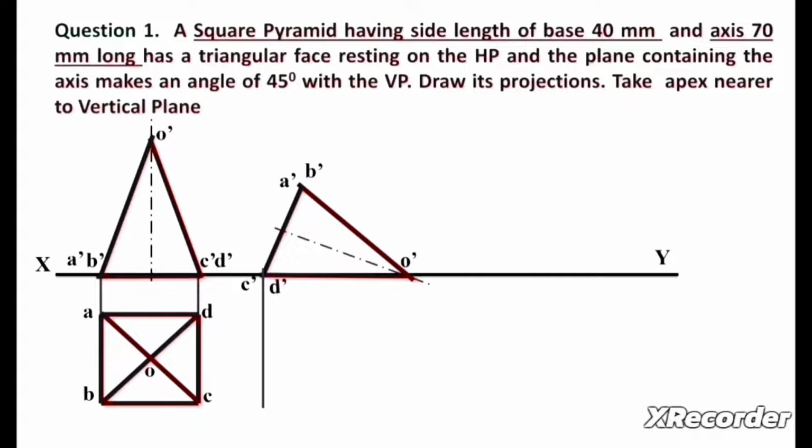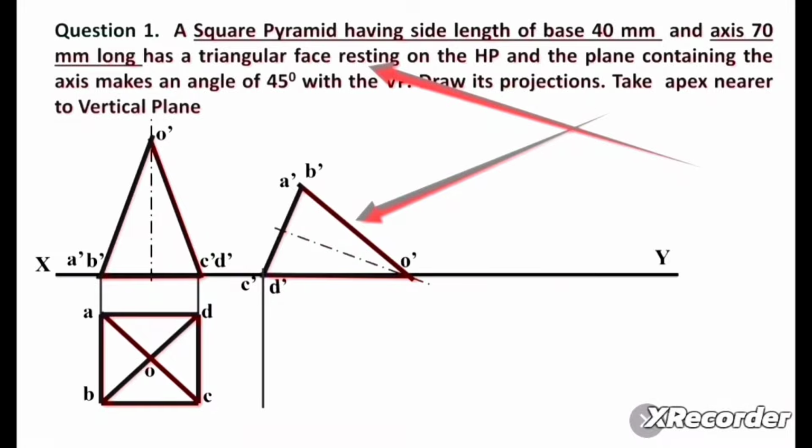Now we can consider radius equal to C dash A dash. Consider C dash as center point and draw one more arc here having any length. Now consider O dash as center with O dash A dash radius, and draw one more arc here. So we will get the intersecting point. That point is A dash, B dash point. In this way we can prepare this triangle shape as it is written in the question, triangle face resting on